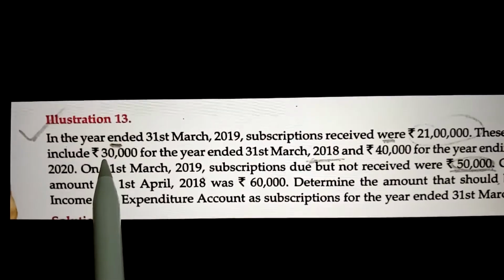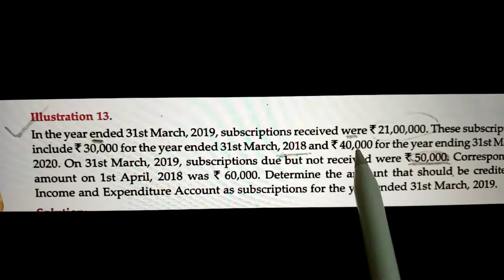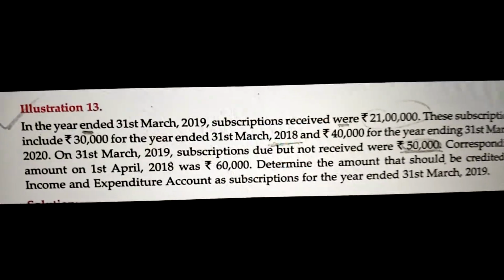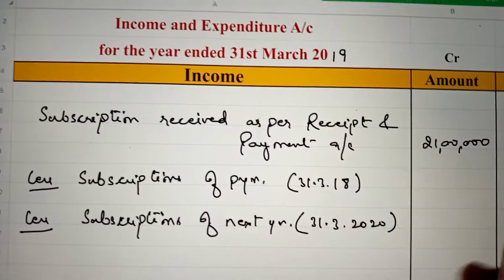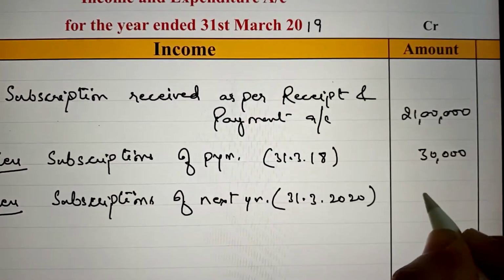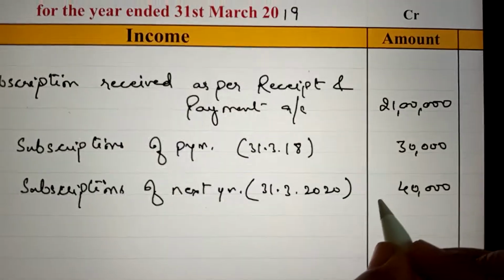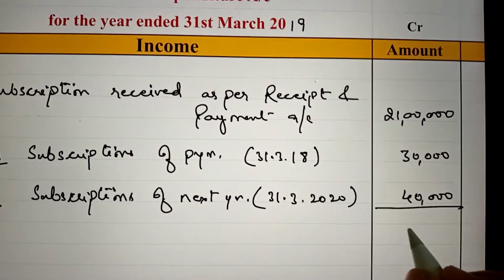For the previous year it is given 30,000, and for the next year it is given 40,000. So we will deduct 30,000 and 40,000 out of 21 lakh, and the balance comes